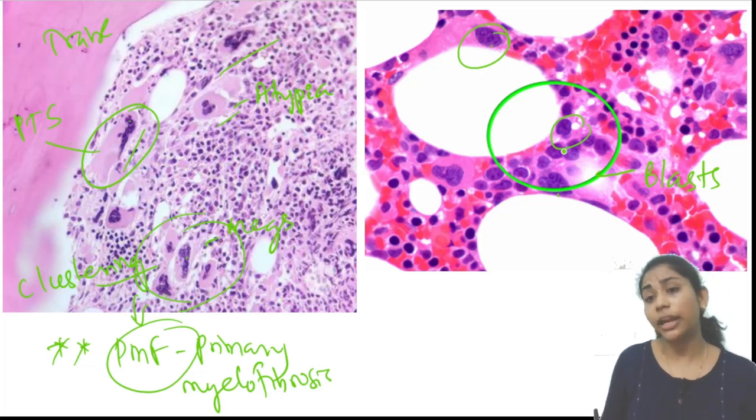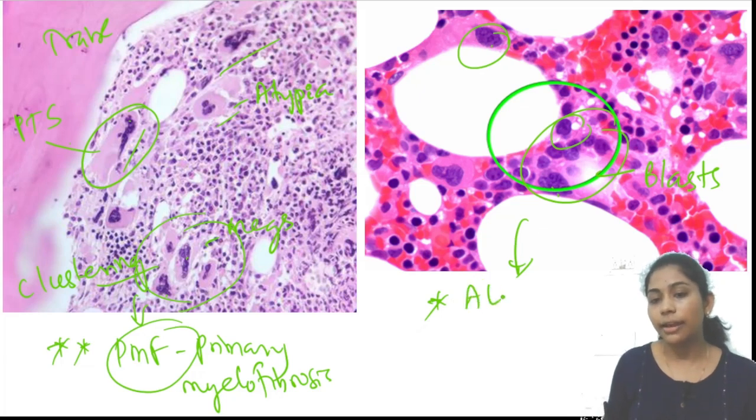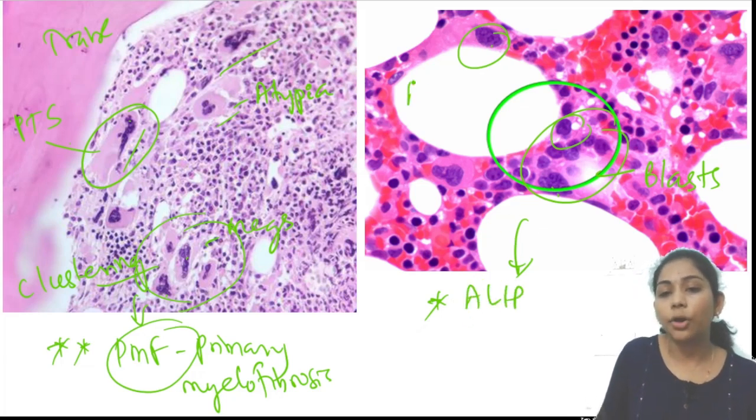And even they are here and they are in clusters. Can you see? These cells have 7, 8 cells. They're in clusters. That is abnormal, right? What is this called? What is this called? Yes, anyone? What is this called? This is ALIP, which is abnormal